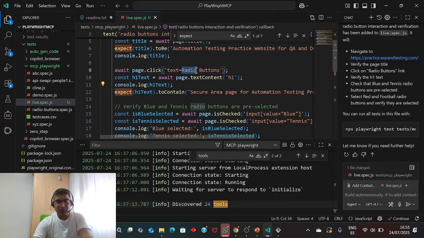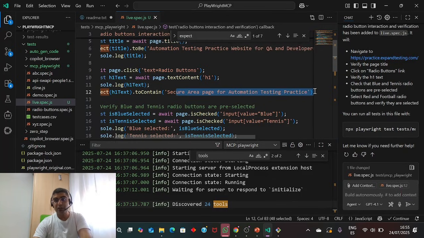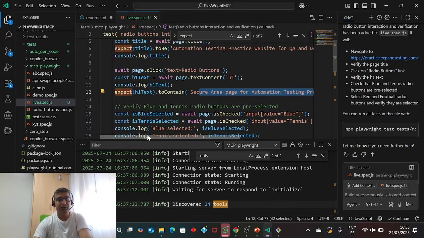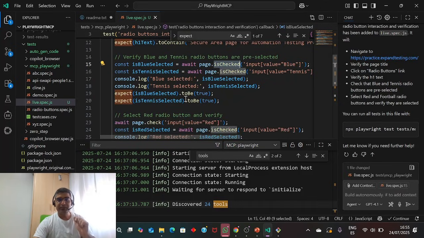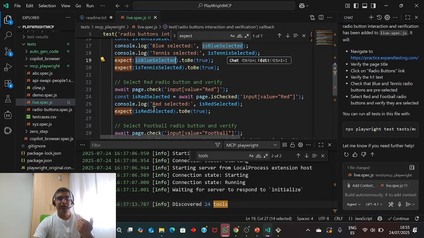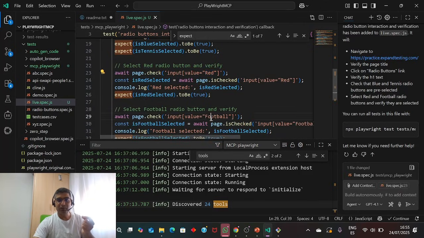Then we go to the radio button, click on it, and verify the H1 text. I hope this is correct; we will run and come to know. See, they are checking that blue and tennis are already checked, and expecting blue to be selected by default because that is the default functionality. After that, they check red and football and verify they are selected.